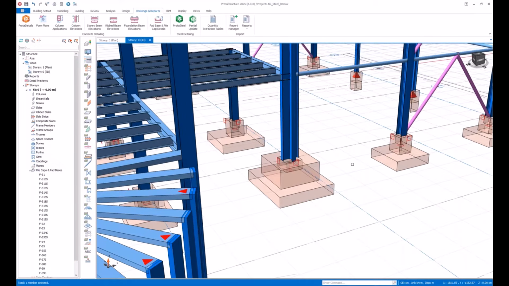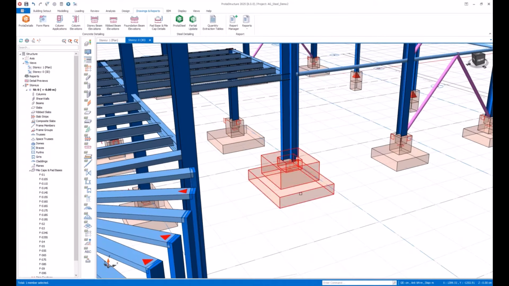But in the previous versions, you had to update the whole model. You had to send the whole model again to ProtoSteel, and that would take time and cause some extra work to do on the ProtoSteel side.